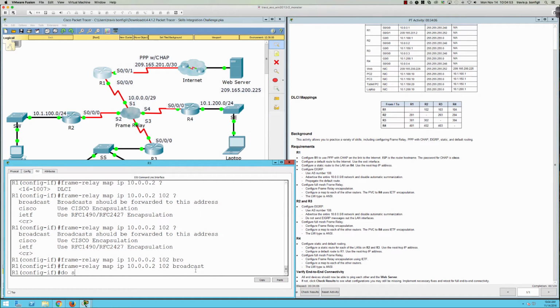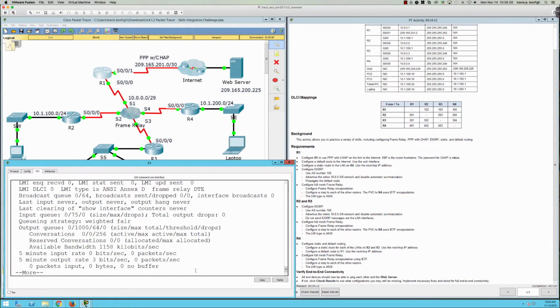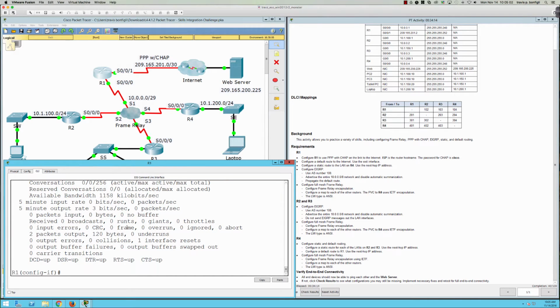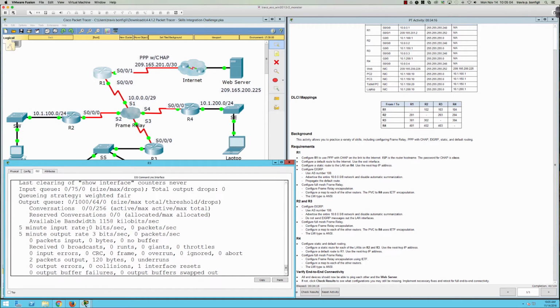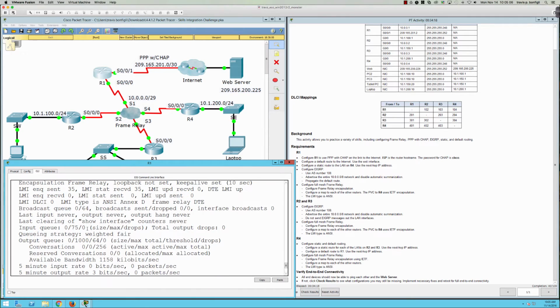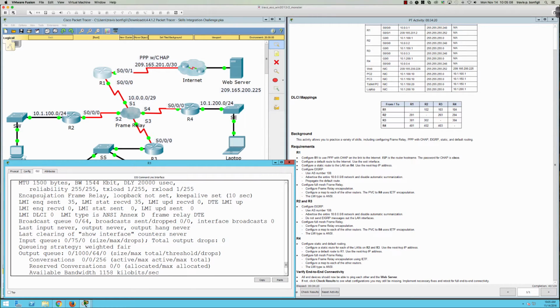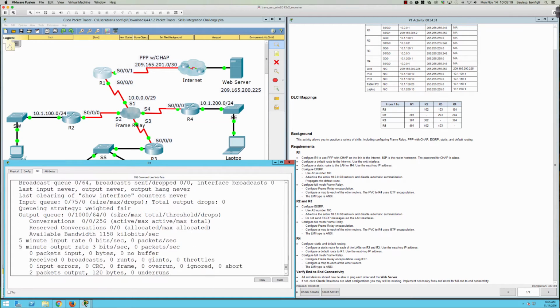of Cisco. If I were to do show run, I think do show interface serial 0/0/0 shows it as well, I believe. Put Q, there we go. So encapsulation has been set to frame relay, right? So we can clearly see that here. The LMI type, we set that to ANSI. So we're good to go